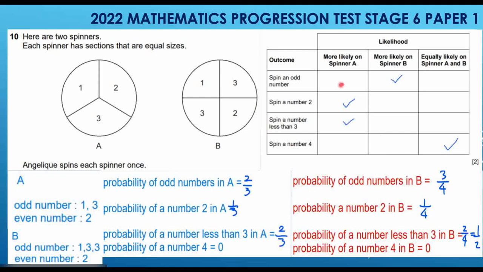So that's how we got the answers. Spin an odd number is more likely on B because this is greater. This is 0.75, this is 0.6 something. Spin a number 2, 1 over 3 is 0.3, 1 over 4 is 0.25, so it's greater in A. Spin a number less than 3, this is 0.6, this is 0.5, so this is greater in A, that's why we take A. Spin a number 4 is 0 in both, so we take this one. Next number,